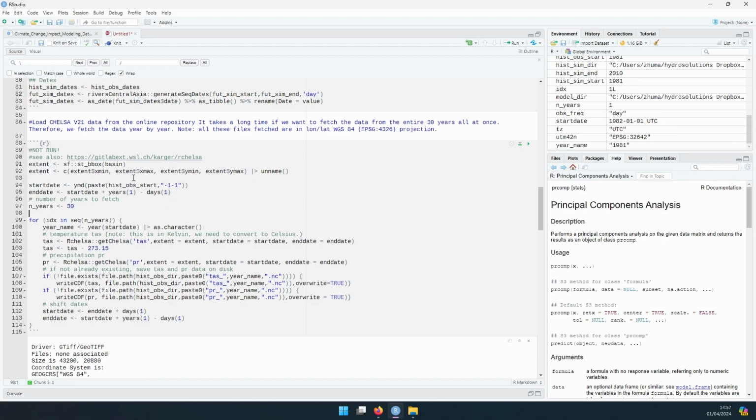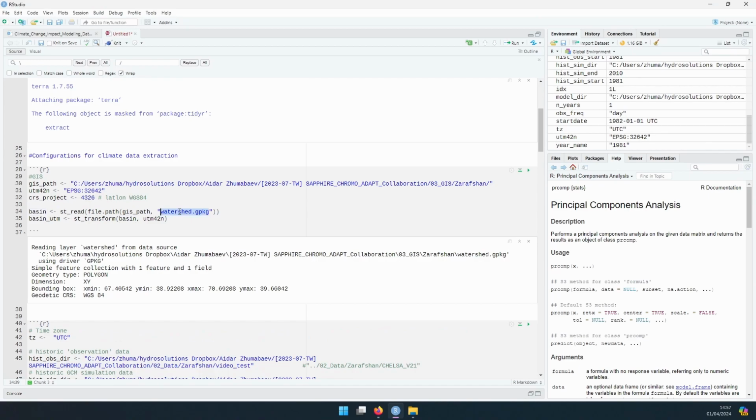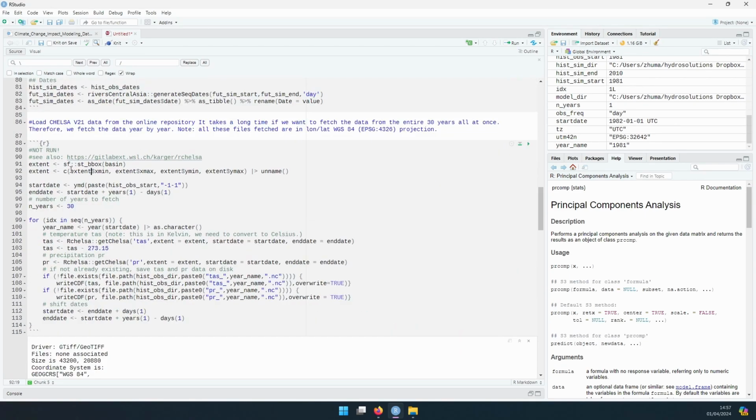An important part of this code is the extent where we have our basin. Remember in the previous videos we created the basin. Here is the watershed file. Here in the beginning we load the watershed into R. Next, we use this basin in order to get the Chelsa data only for the Zerashan River Basin. Next, we define our start date and end date,